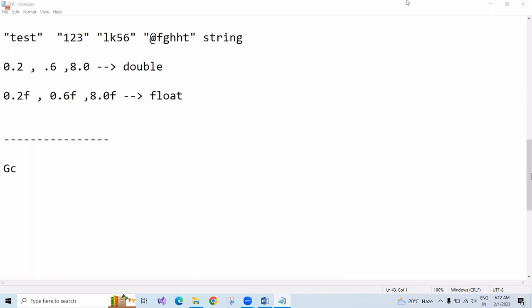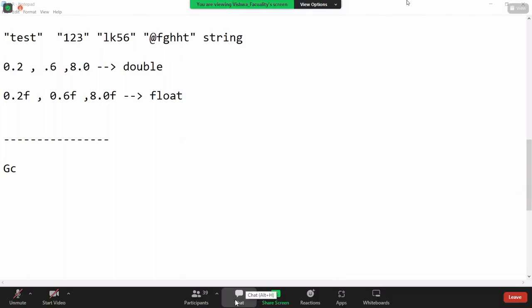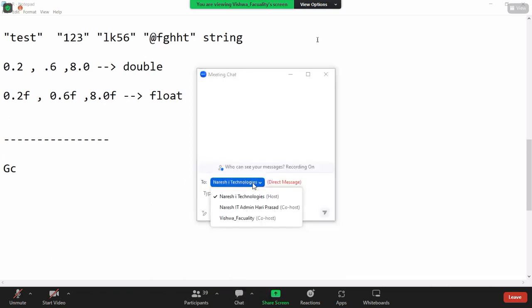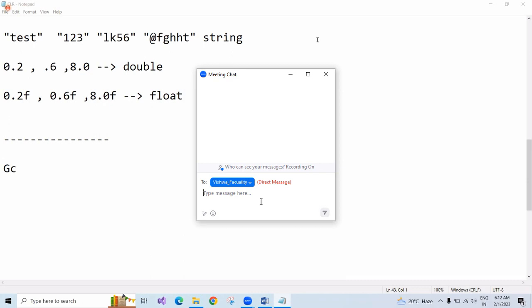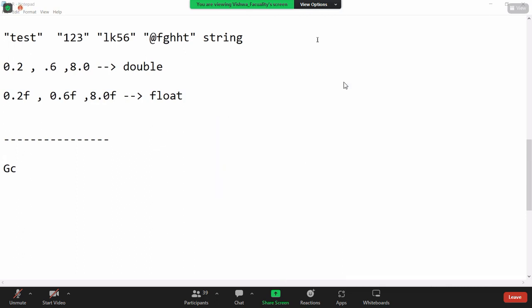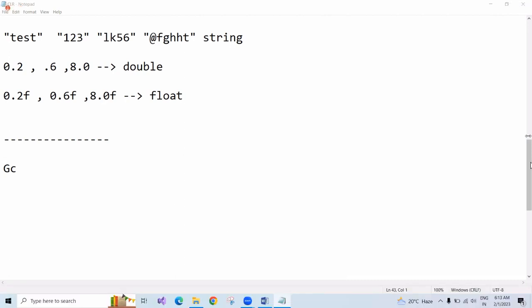How many of you are aware of this? Normal memory, KBs, 2 KB, 3 KB.